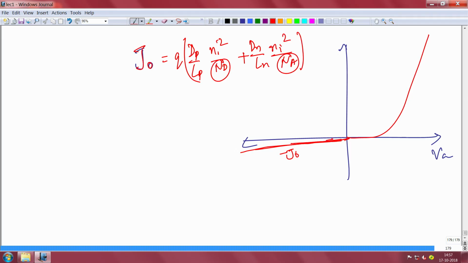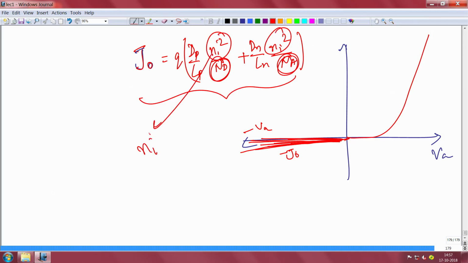If I want a very low leakage, when I block the voltage using this diode on the reverse side, I try blocking the voltage. No, I am not allowing current to flow. So, if I want a low leakage here, this quantity has to be low, so the doping can be slightly high. But more than that, it depends on Ni, and Ni square depends on e to the power minus band gap by KT.